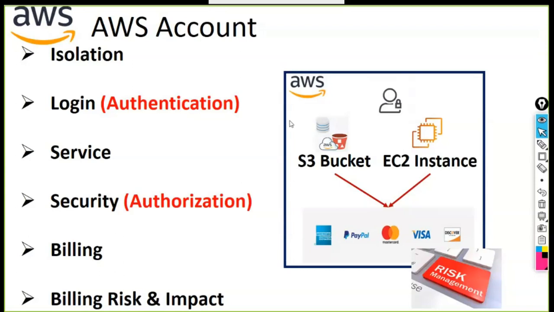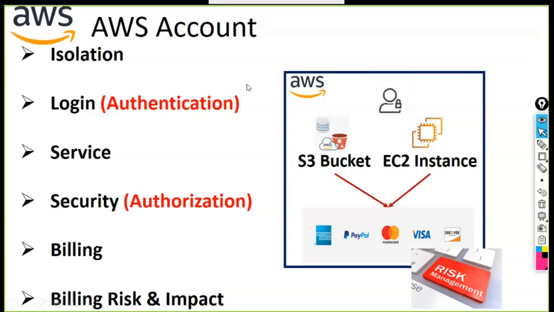Like S3, EC2, there are hundreds of services. There are many services which we have to list out. It's constantly growing, the number of services. There are a few services which are manual services, and a few which are managed services. Managed services are the services which AWS will manage for us. From the IT infrastructure perspective, there are some services which are completely managed by AWS itself. We as a client need not do anything. AWS will take care of everything and you pay for what you use. That's all.